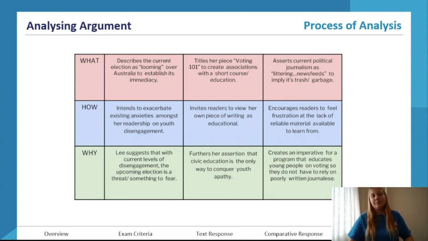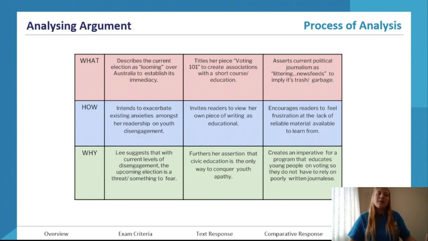Another example: the author titles her piece Voting 101 to create associations with a short course or education. How? What's the intended effect? Invites readers to view her own piece of writing as educational. And why is she doing this? How does it contribute to her argument? It furthers her assertion that civic education is the only way to conquer youth apathy, the youth not caring about